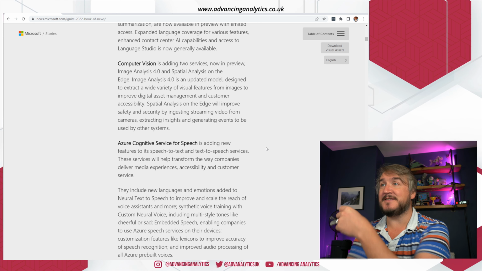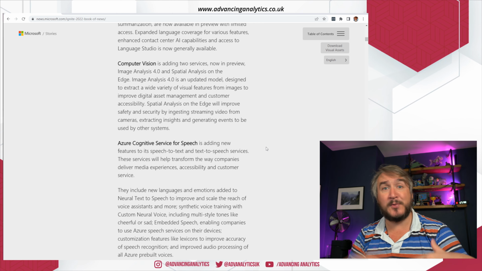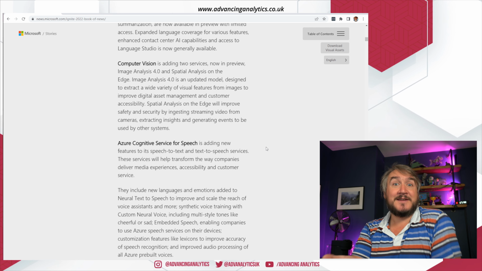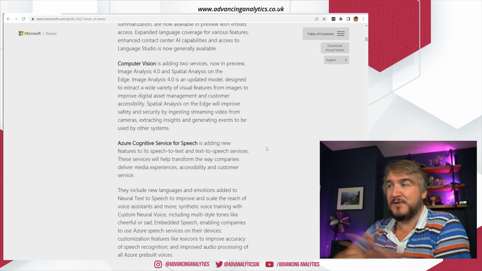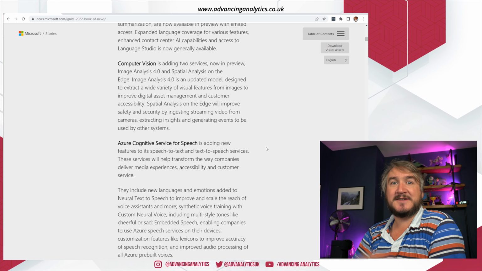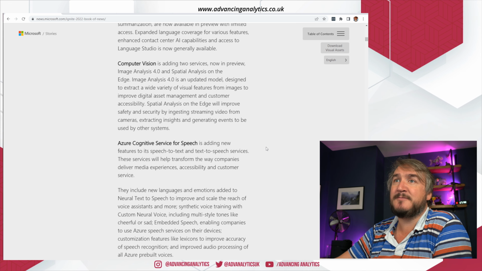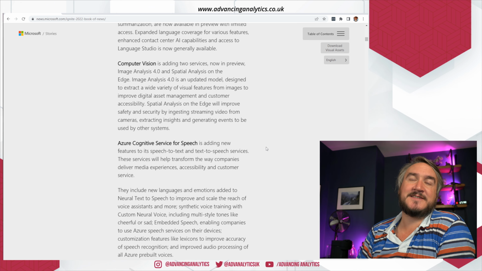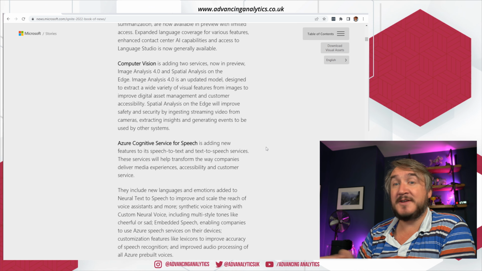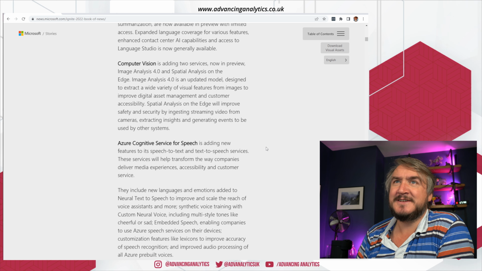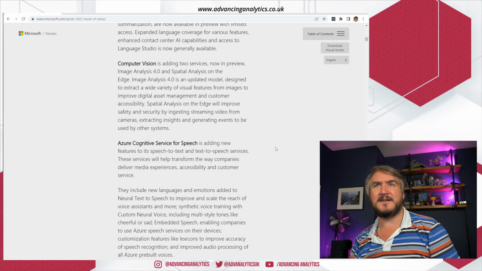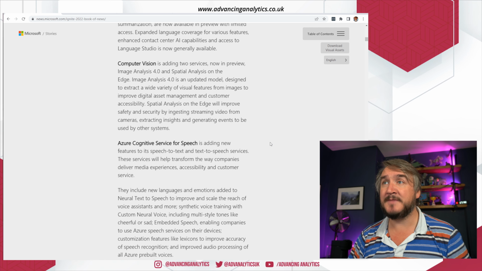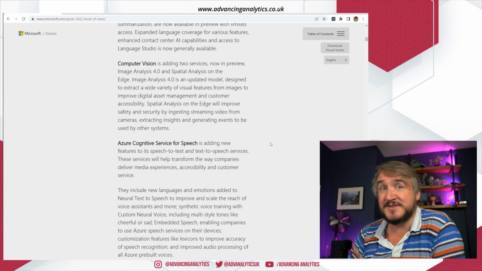Really interesting use cases. Things like looking at flow of people walking around a shop. Could they actually reorganize it to make the flow better? Things like looking at a gym to say, well, actually, where are the hot spots? And actually, if they move the weights over there, they would increase flow and actually increase space and generally make it a better space. So many interesting things you can do with spatial analysis on top of a video that just has so many commercial use cases. So yeah, really interesting seeing these new APIs in preview as just a straightforward cognitive services you can get as part of the computer vision stack.